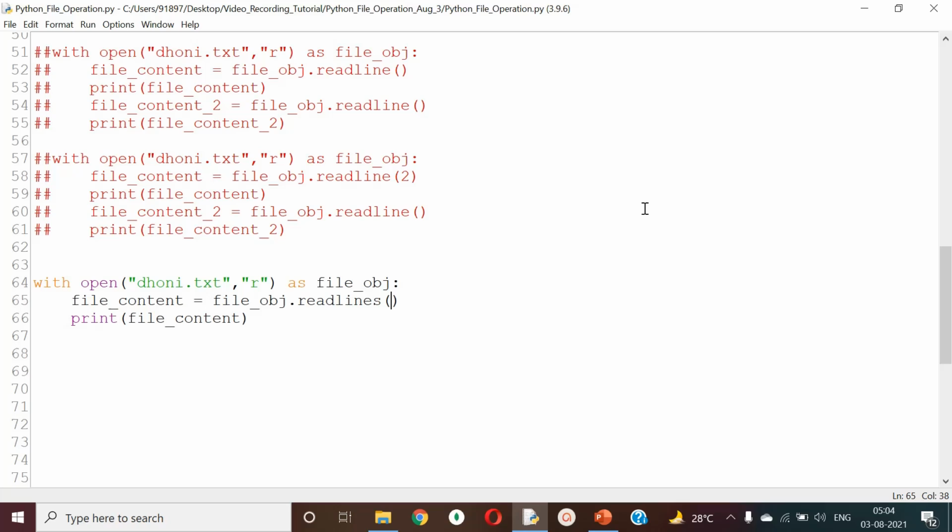That you can see at line number 58, where I'm trying to read a line but not the entire line, only 2 characters. That means the rest of the characters are not yet read. So when you use the next readline, it will continue from the same place. These are the things I want you to keep in mind whenever you do read-based operations.